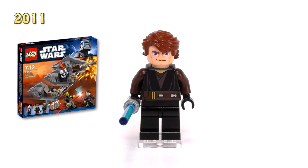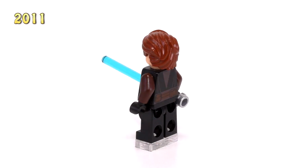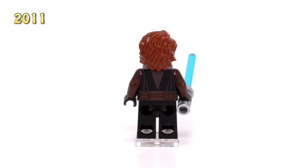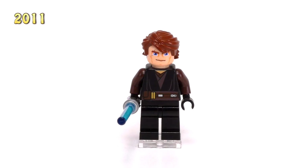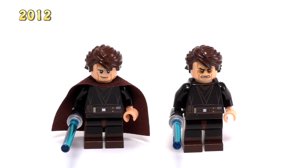There's more detailing on the belt, and the folds in his robes are a bit different too. He's the only minifig with this torso design, which makes him a little bit unique. And LEGO is keeping it pretty consistent for a while. In the next consecutive year, we get yet again another 2 new Anakins, and these 2 are some of my